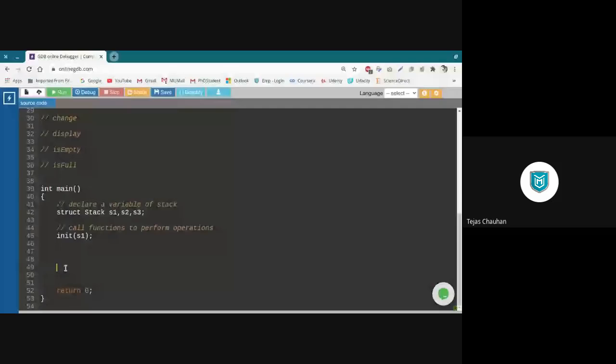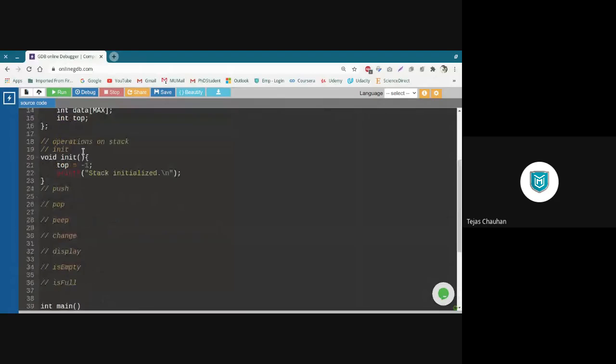So for the init function, there will be one parameter, and that will be a stack variable, okay? So I need to define that formal parameter here also, and it will be struct stack S. Once we have that variable, we can access a member of a structure by writing s dot top.